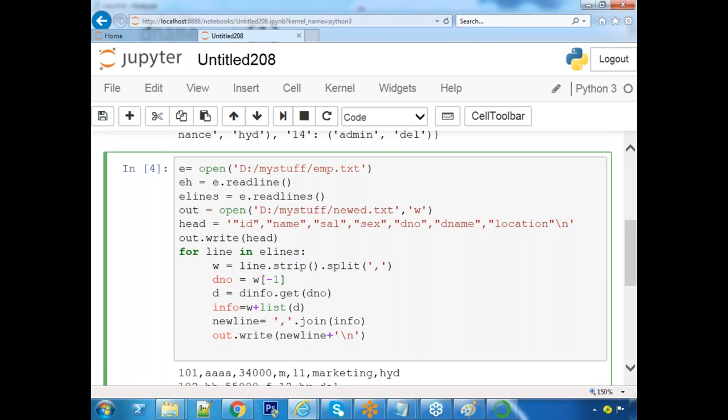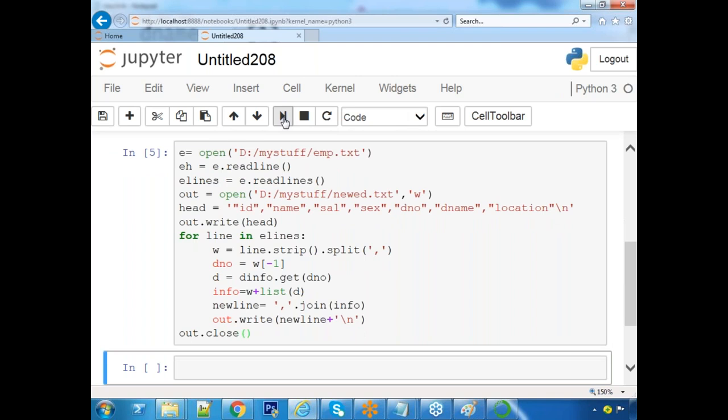Now loop completed. After completion of this loop, I should close the file. If you don't close the file, still your program is expecting new data. That's why out dot close. Now I'm running the same thing. Done. What is the file you have given? New ed. Check it.